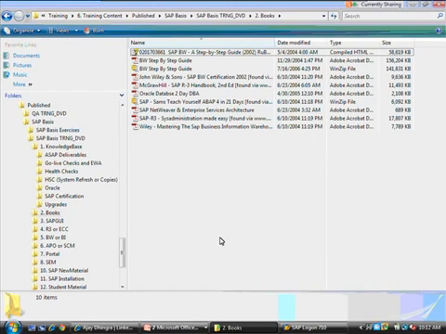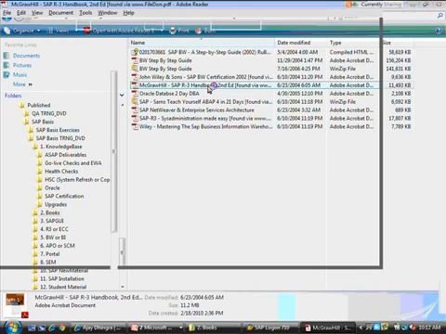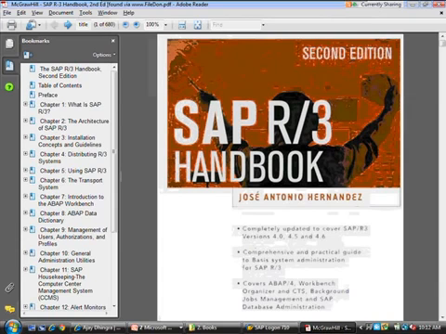A lot of these books are reference material, like this book specifically, the SAP R3 Handbook. This is the Bible. Now it so happens that the author has not published newer editions, but this is what I learned from. Jose Hernandez has written a very good book, which for a basis admin is very critical.